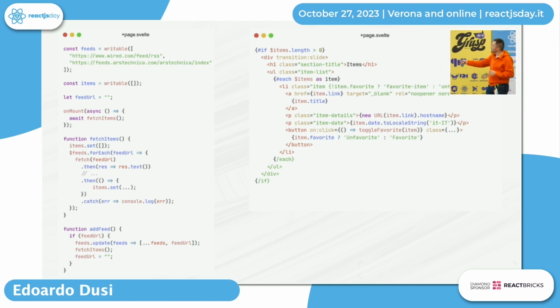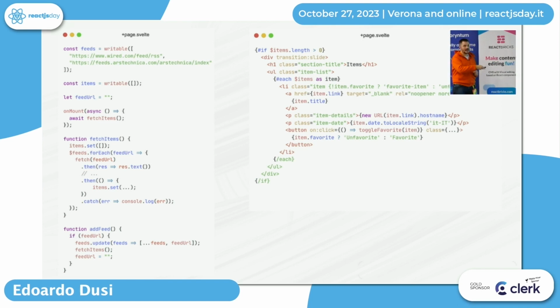So here, when I fetch something from the server, I set new values. So I completely set whatever is inside this. And items being reactive will update my component. So you see that the syntax is pretty different, but the concepts are not that different. The thing is, I'm not re-rendering the component, because I'm just using reactivity to update the nodes in my HTML that are changing.